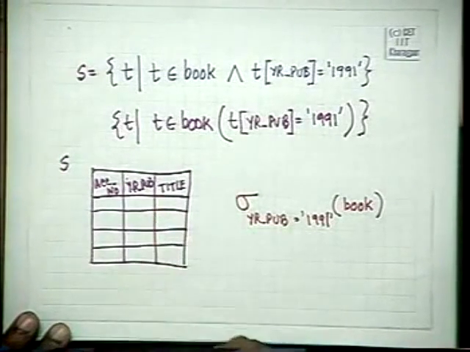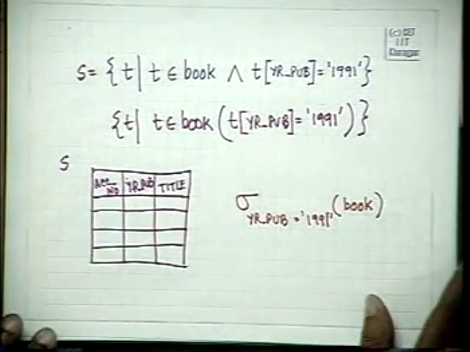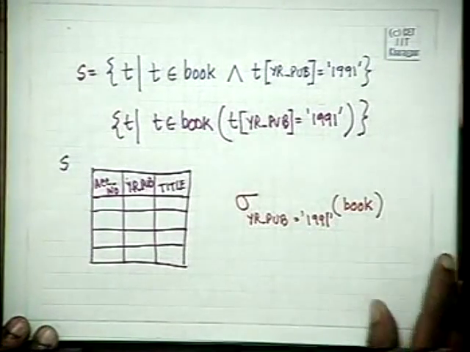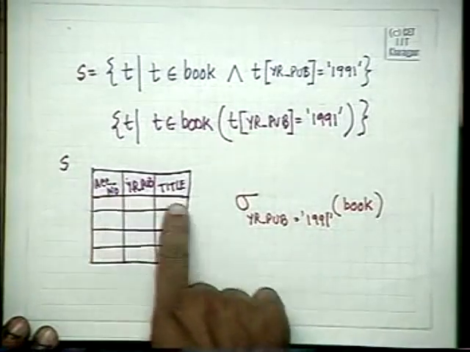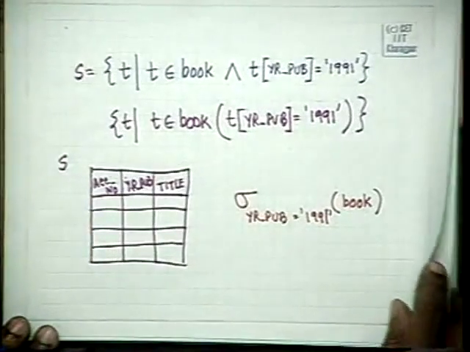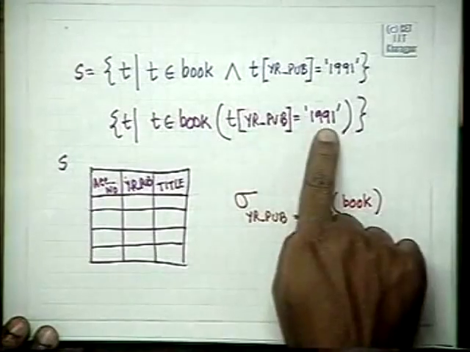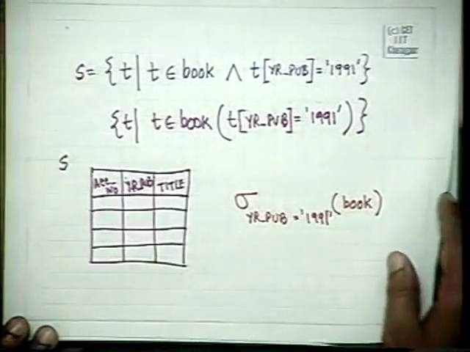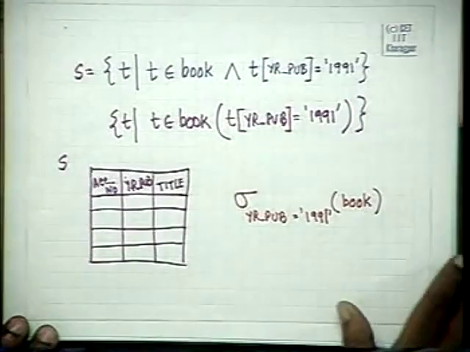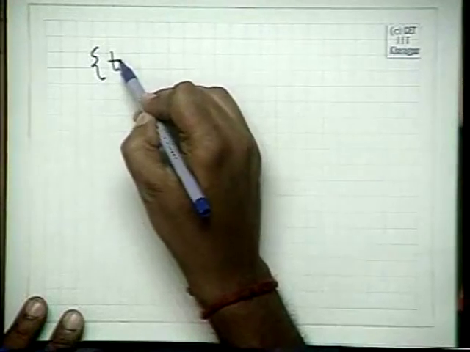Now suppose 1991 is well known and we don't want the attribute year of publication. We only want accession number and title. We are not interested in this attribute because we are selecting out 1991 anyway. Then how will we do the selection of the attributes which is a subset of the attributes of this particular relation? For that we use the concept of there exists. We will write down T